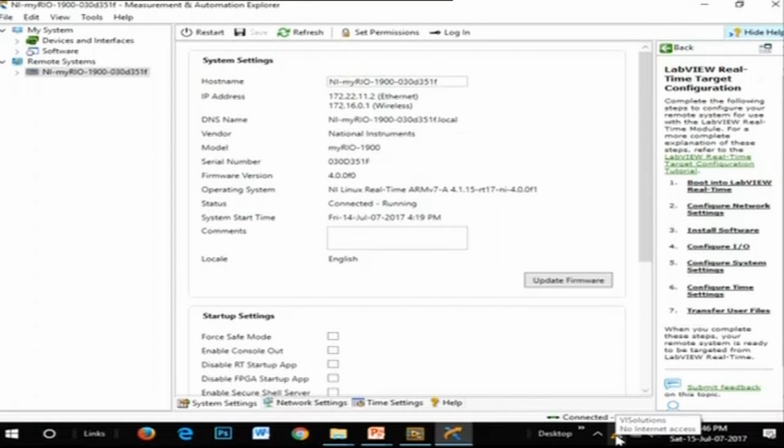At the bottom you can see that it is connected to VI Solutions, which means that your hardware is properly connected.